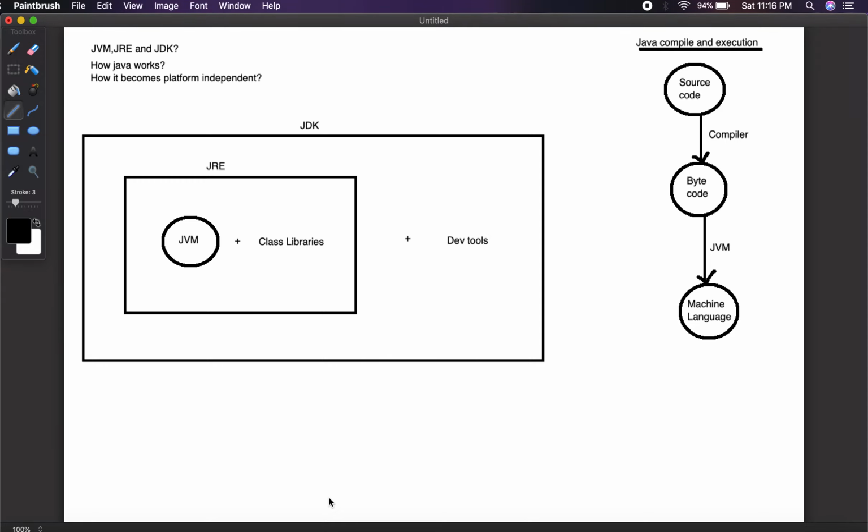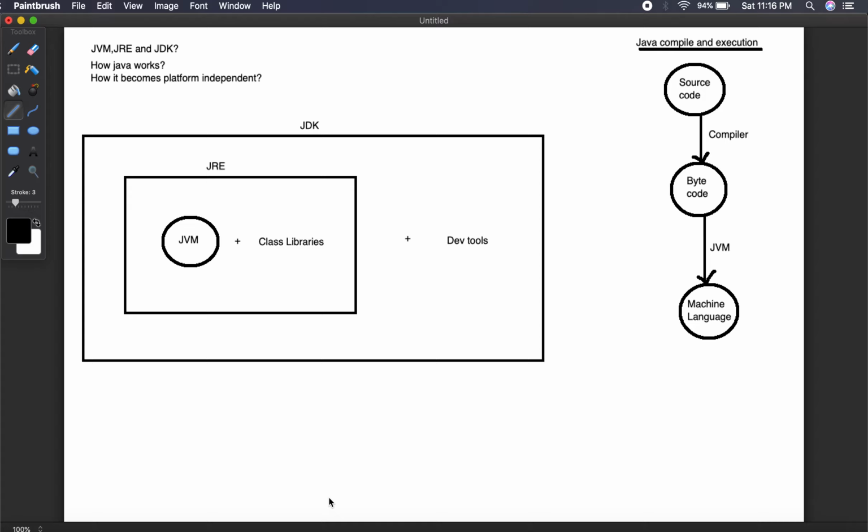In this first video, we are going to see what the different components in Java are: JVM, JRE and JDK. What JVM does, what a JRE is and what it contains, what the advantages are and how to use the JRE, what the JDK is and what components are involved in it, how the JDK would be helpful, and what the different development tools in it are. We'll look into each and every component and then we'll understand how Java works.